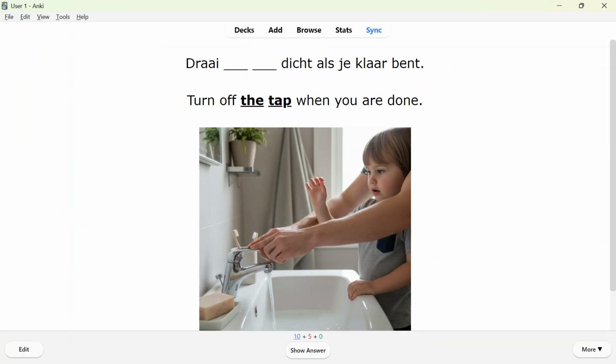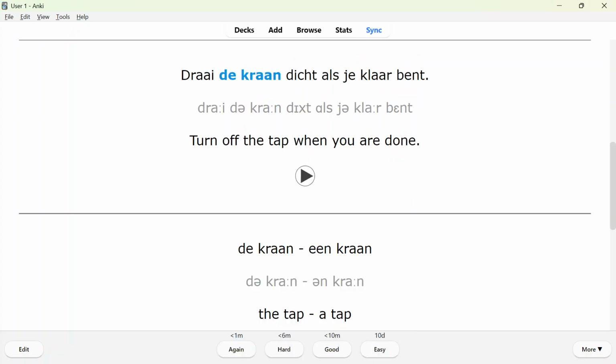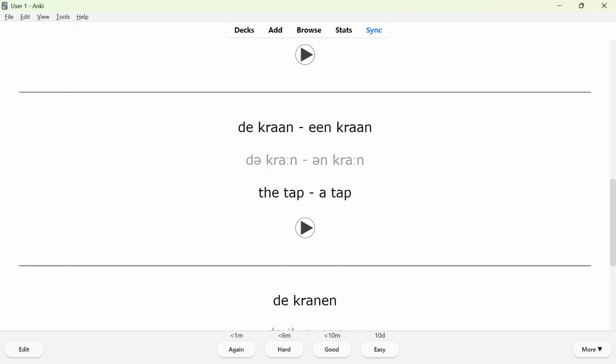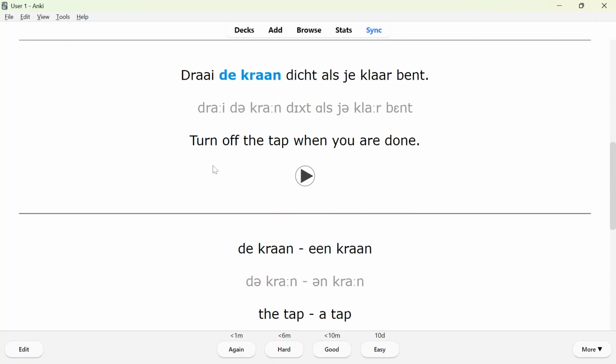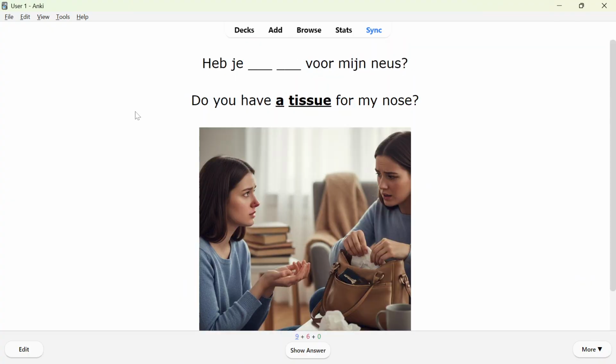Let's do one more. Turn off the tap when you are done. How do you say the tap? Draai de kraan dicht als je klaar bent. De kraan, een kraan. De kranen. Great. Now, this was